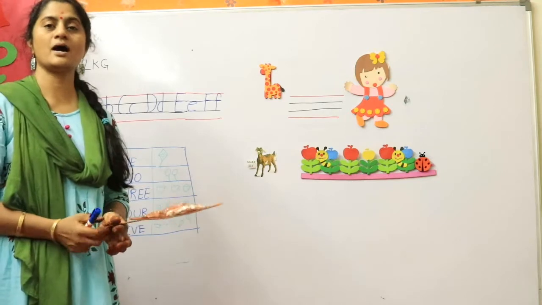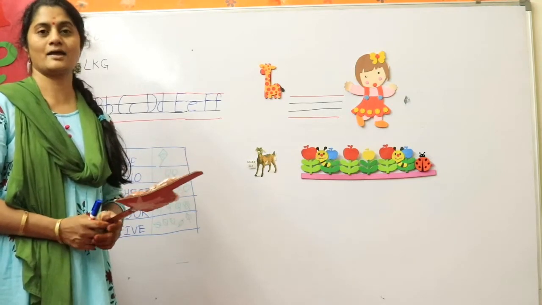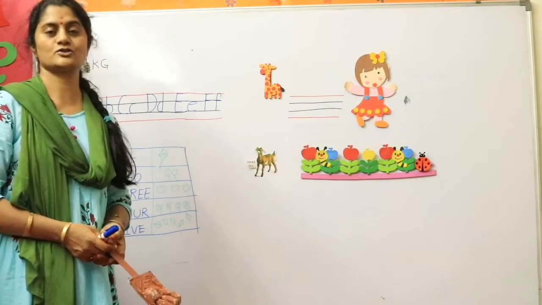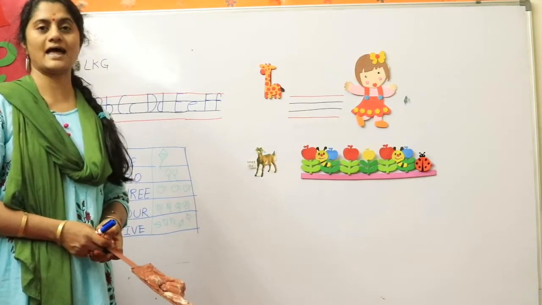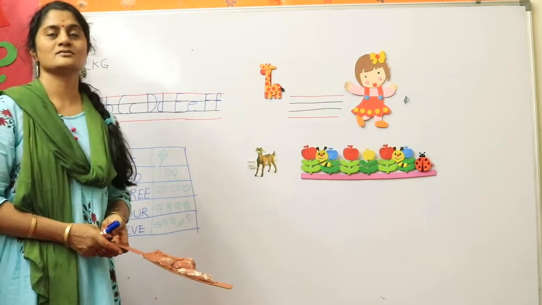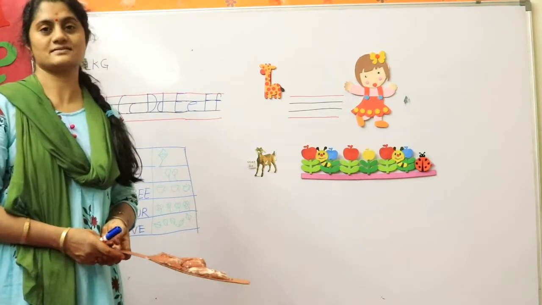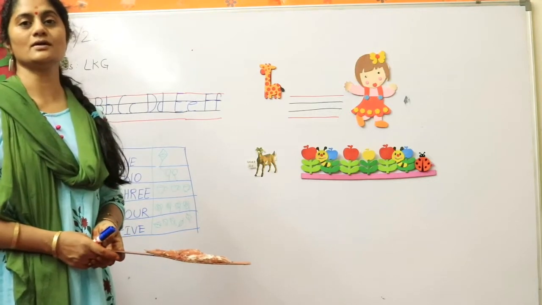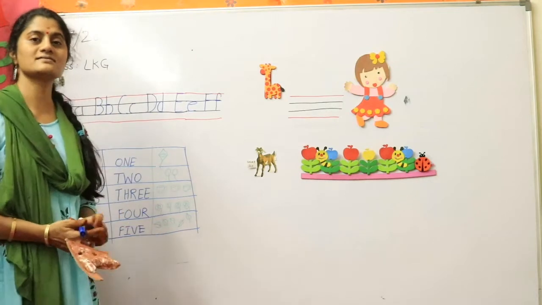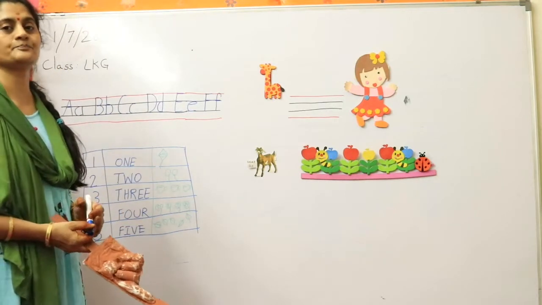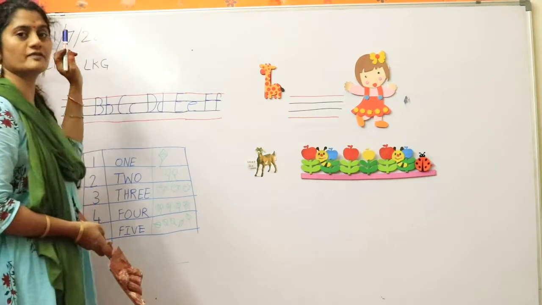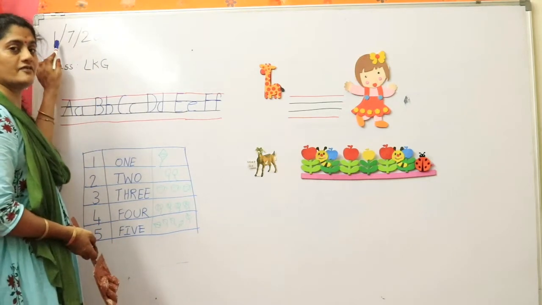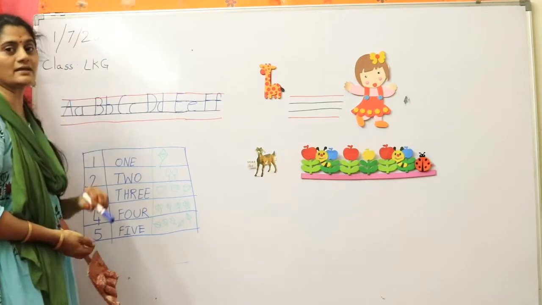January, February, March, April, May, June, July, August, September, October, November and December. So we have already finished 6 months. We have finished the month of June. What comes after June? July. And July is the 7th month of the year. So today is the 1st of July. So 1/7, the date is 1st July 2020.